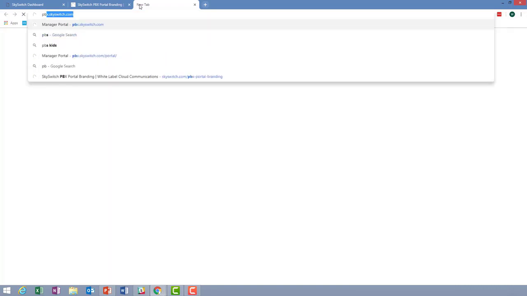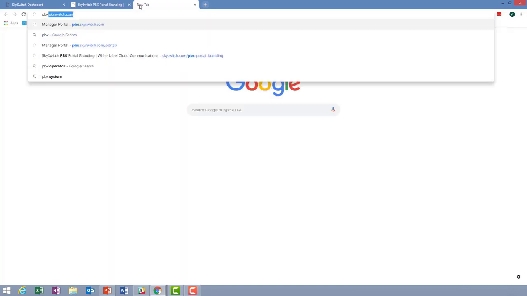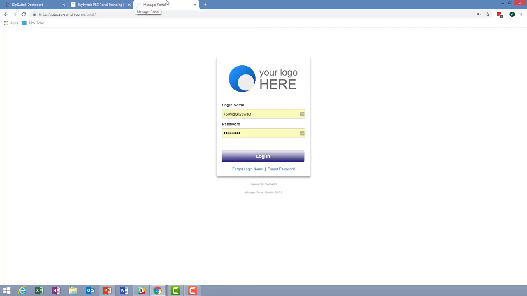Now here at SkySwitch, of course, I'm a user on the system, and the way I access my portal of the PBX is through pbx.skyswitch.com. Now you're going to notice this URL is secure. It's HTTPS, which means it's secure with SSL. And I'm going to talk to you in the form here about SSL and that you need to obtain an